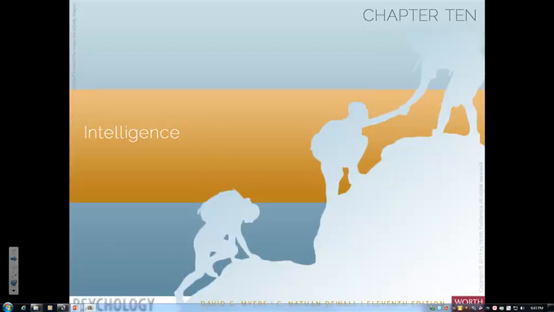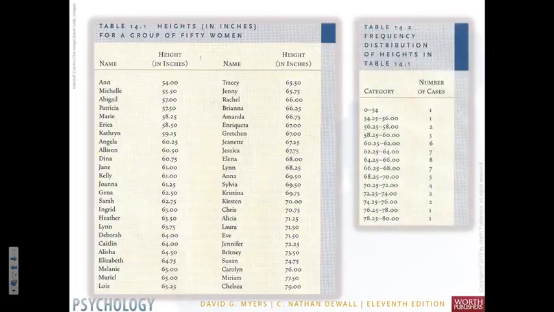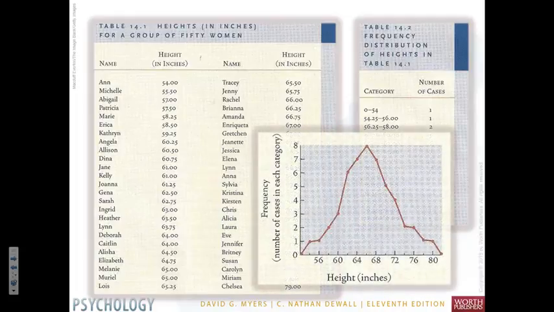Before we look at any group differences, we have to have a base understanding of what is called the normal distribution. To get a sense of what that is, we'll look at the heights of 50 different women. We'll take those heights and put them into what's called a frequency distribution. You can see already from the frequency distribution that there's a congregation of women of middle heights. If we graph this, it's going to look a little bit like a bell, and this is what we call a normal distribution, with most women having an average height in the middle and only a handful being out in the extremes, extremely short and extremely tall.